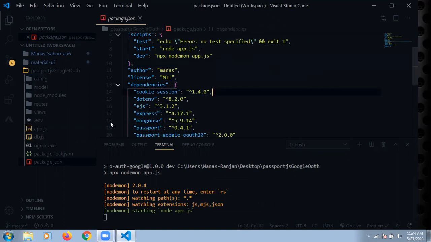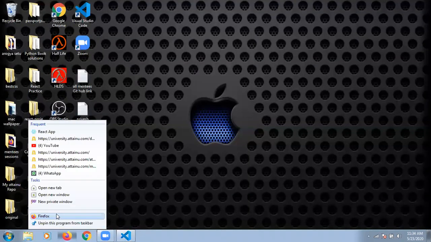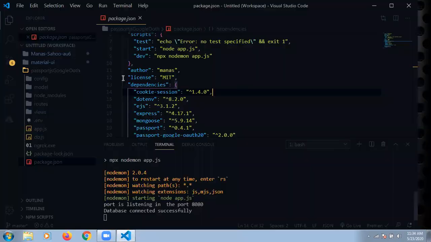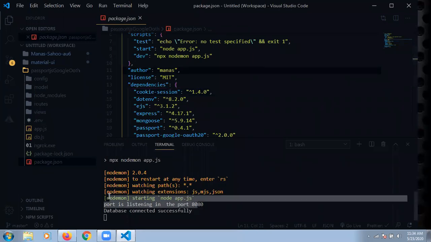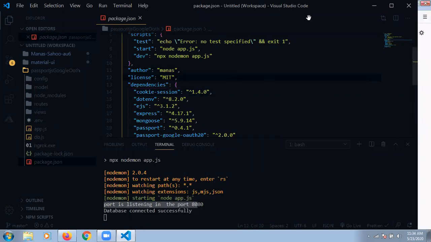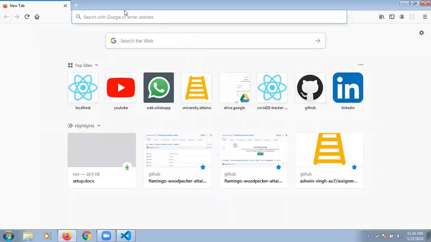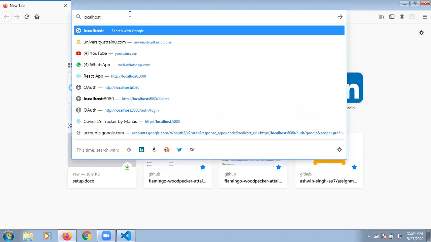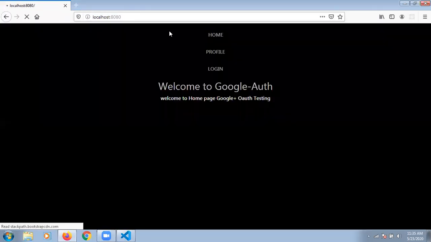The server is done, and I just open my browser, and this is my browser page. The port is listening on 8080, and my database is connected. I'm starting from my localhost. This is my homepage loading.